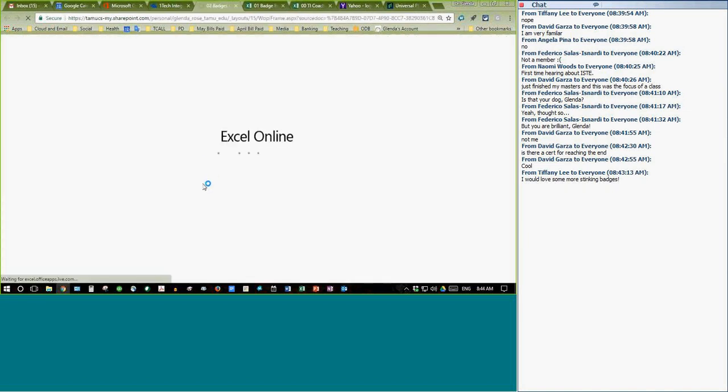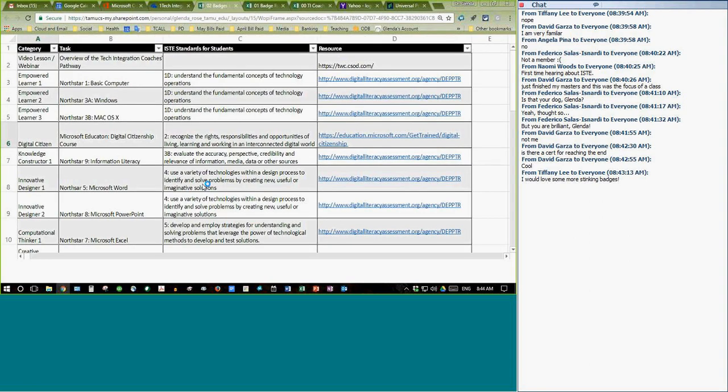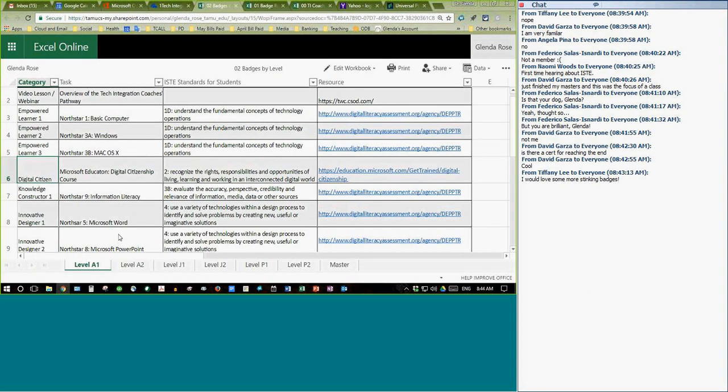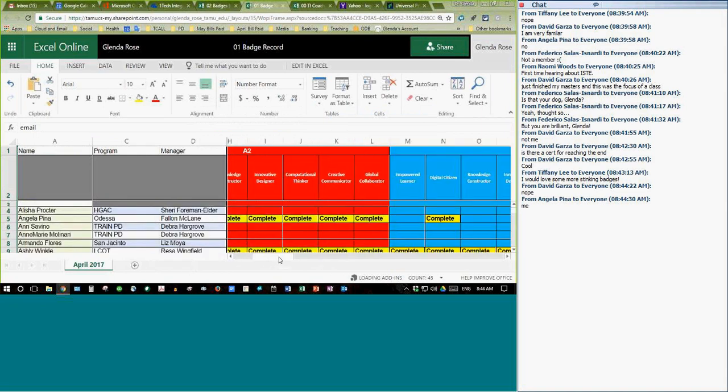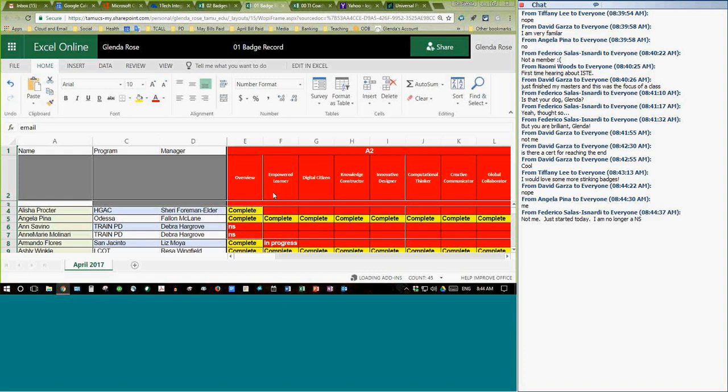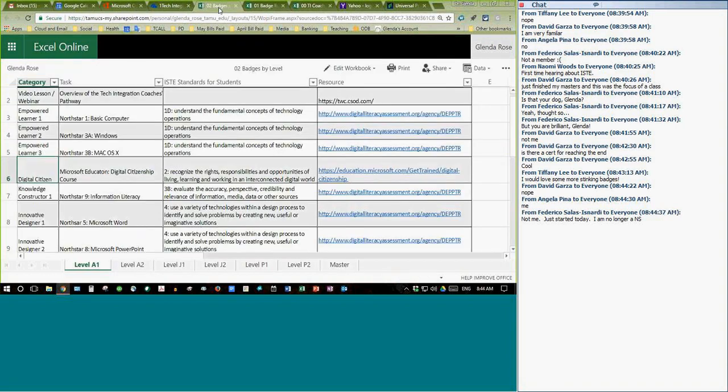The badge by level. So the A1 level, how many of you have completed A1, the apprentice level? I'm looking at this group. Tiffany has, that's right, Tiffany has. Angela, are you close? Angela completed, I think. Yes? Yeah. So you have completed that, and it's really basically taking the North Star assessment,